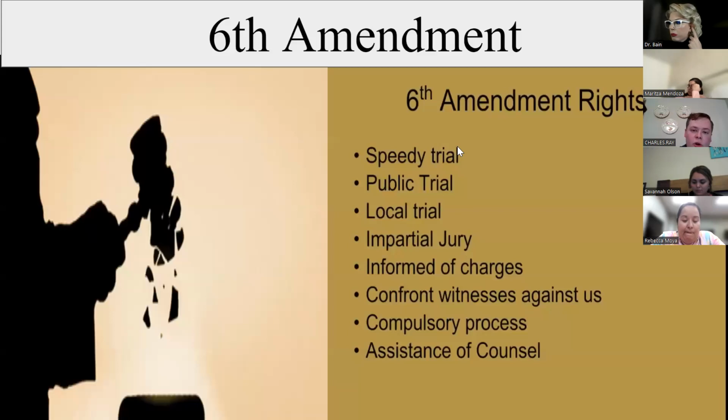Sixth Amendment, your right to your freedom, your speedy trials. Once you get into a trial, it has to be quick. You can't be held for months. It has to be public. It has to be local, or as local as you can get. The jury can't be automatically thinking somebody's one way or the other. You have to know why you're there. You can confront the witnesses, and witnesses can be made to appear if they refuse to testify. And also, moving right along, you also have the right to an attorney. So that's where you get the public defenders from. Very important thing.